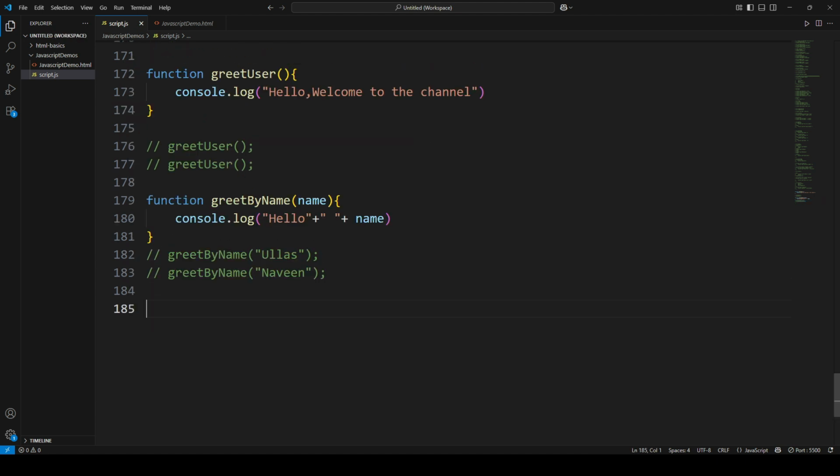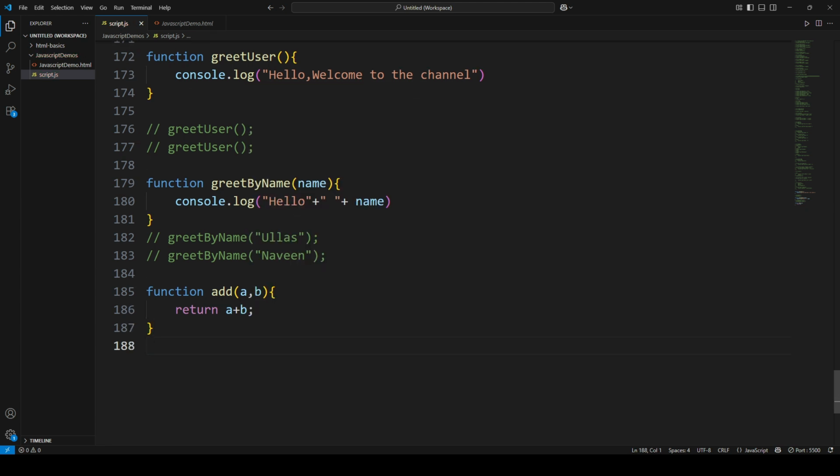Now we'll see function with return values. So I will just say function and I will give the name as add, and I will take 2 parameters as an input, that is a and b, and open the braces, and I will return. So to return any value, we'll use the return keyword. Return directly I will say return a plus b. Now let's call this function. So I will say let result equals to, I will call this function add 2 comma 3,